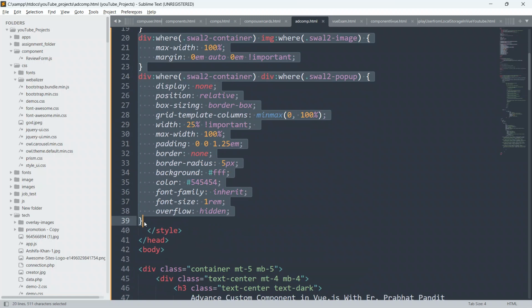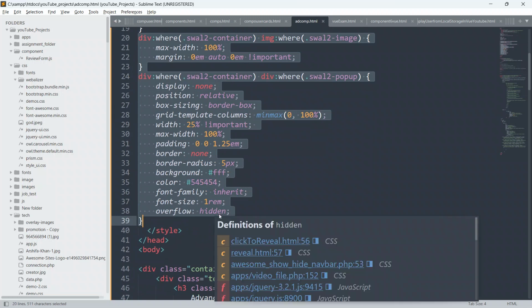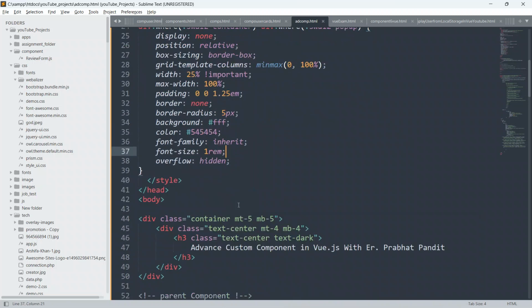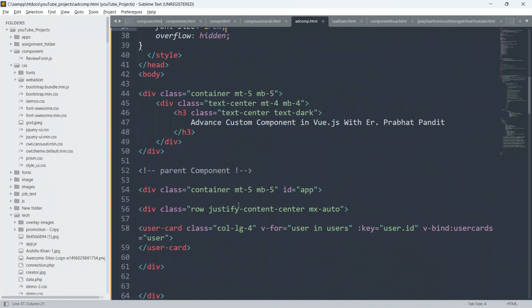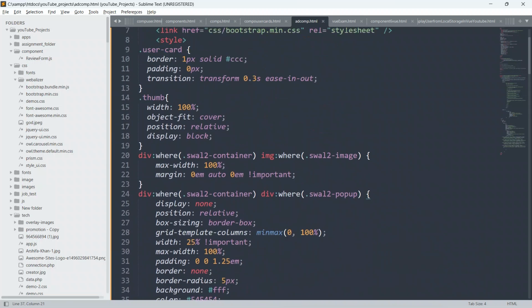There is nothing like rocket science in this CSS. So guys, just to save our time, I am doing this. If you want, we can write our own CSS, but it will take time. Here we are to learn how to create an advanced custom component in Vue.js, not to learn how to write CSS.